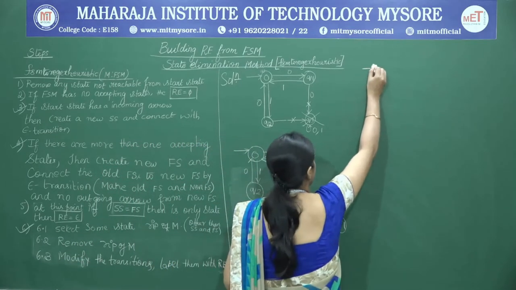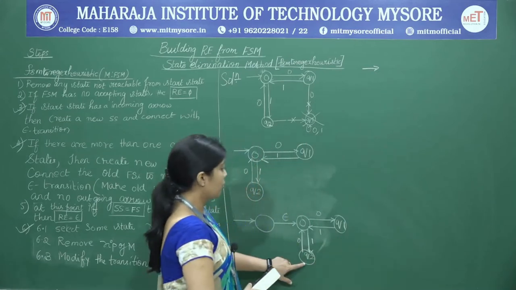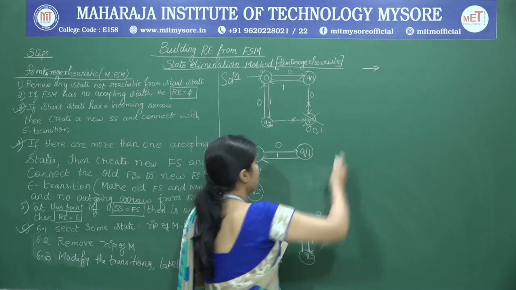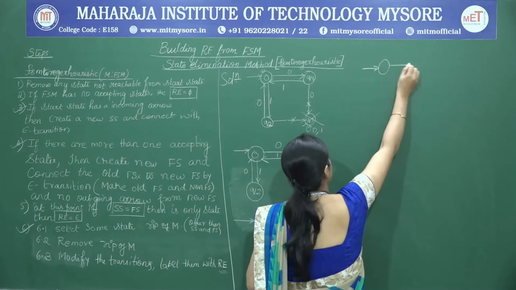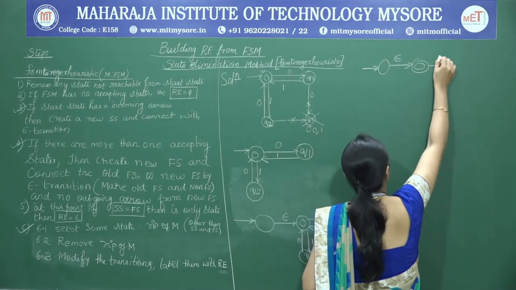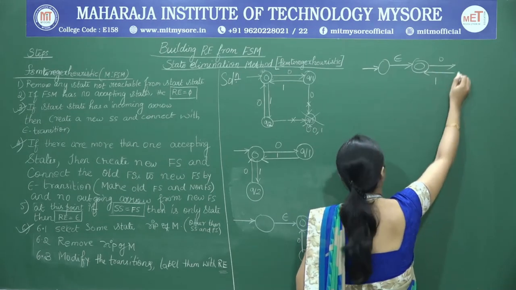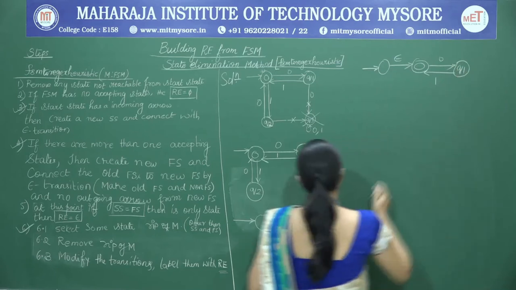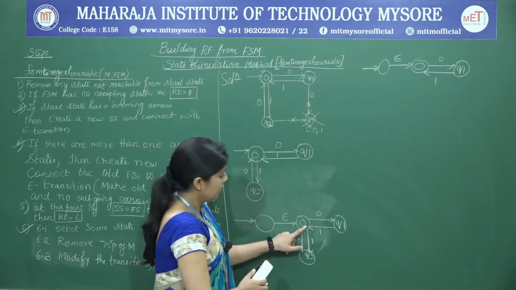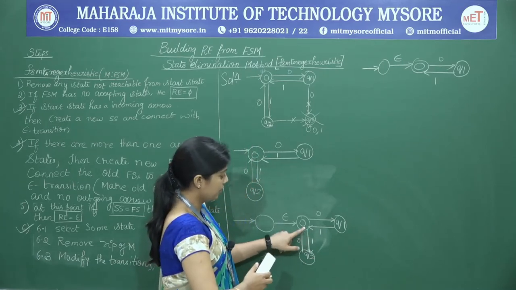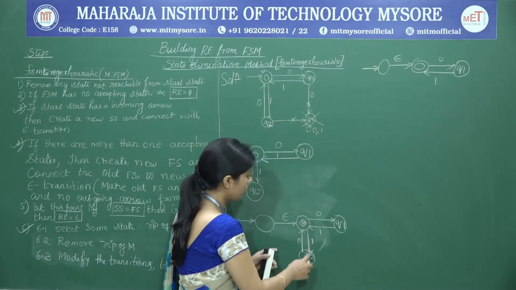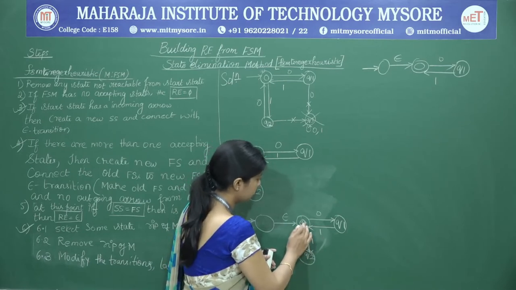Next we will choose Q2 for elimination. If we choose Q2 for elimination, the rest of the states remain as they are. This is an epsilon and this is the final state. Also this is 0 and this is 1 and this is Q1. Now, if I want to eliminate everything here, I still have to accept the strings that are acceptable by the path from Q0 to Q1. So this Q0 to Q1, Q0.